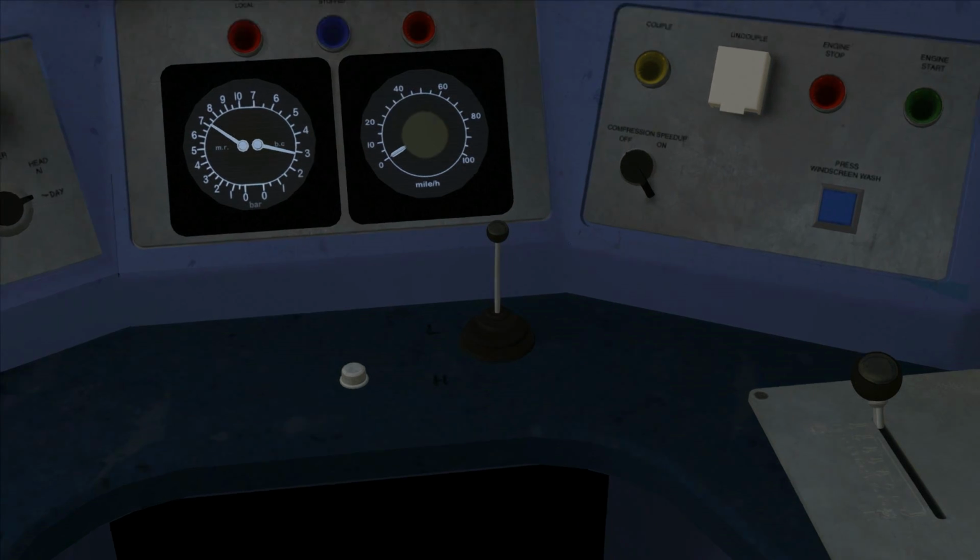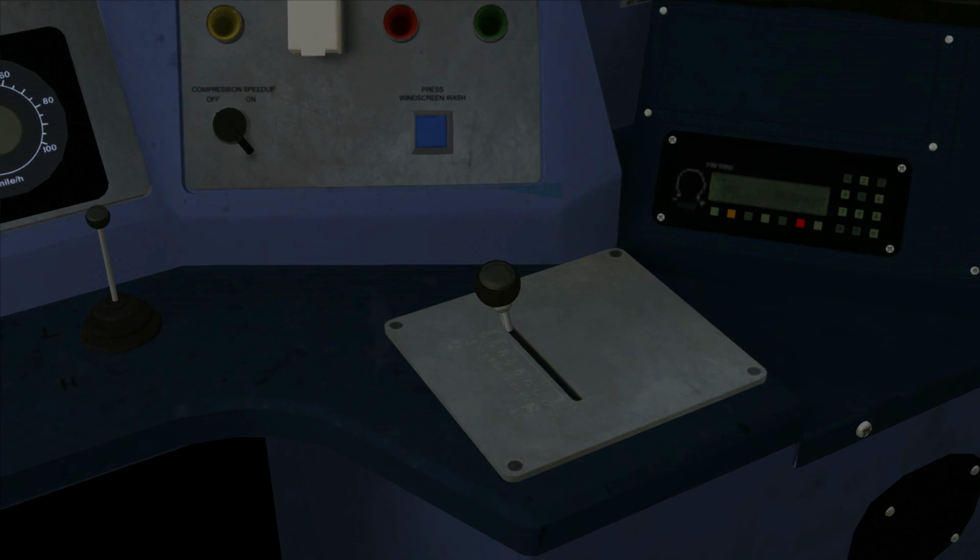And now just to the right of that down here we have the power handle, which is a 7-step power handle. It's actually quite easy to maintain 75 miles per hour in this train, or close to it, if we just go down by 1 step from full power to step 6 power. And that will hold the train at around 74.5 miles per hour,